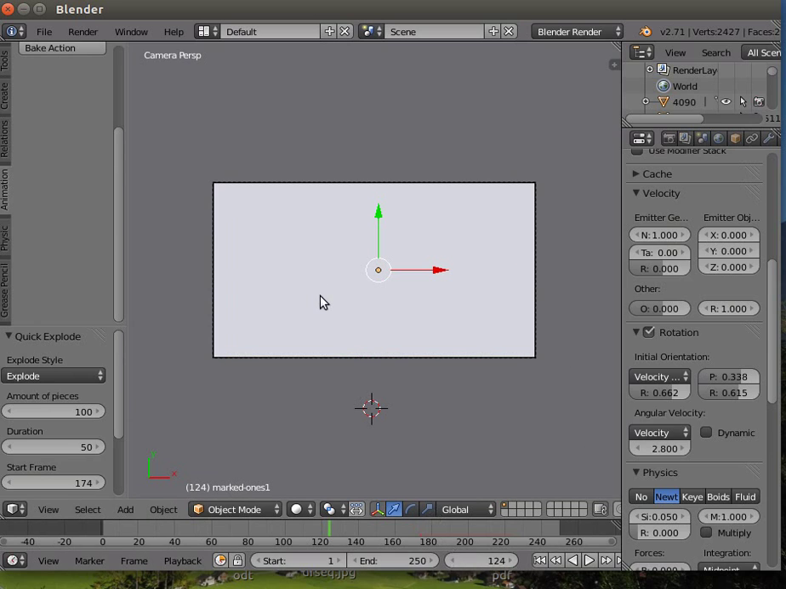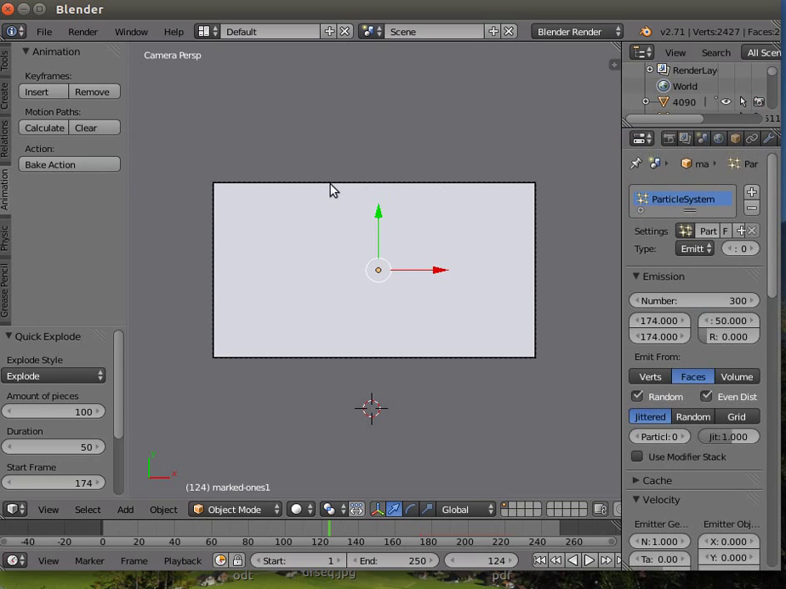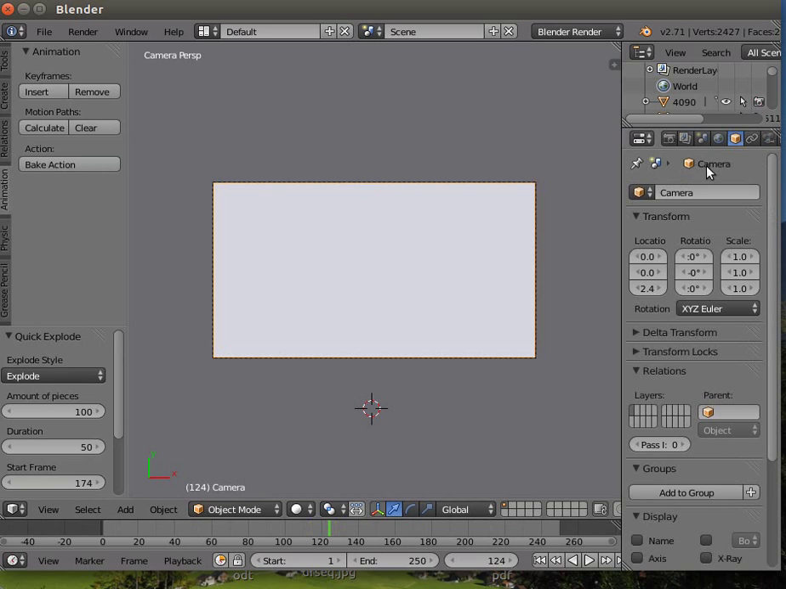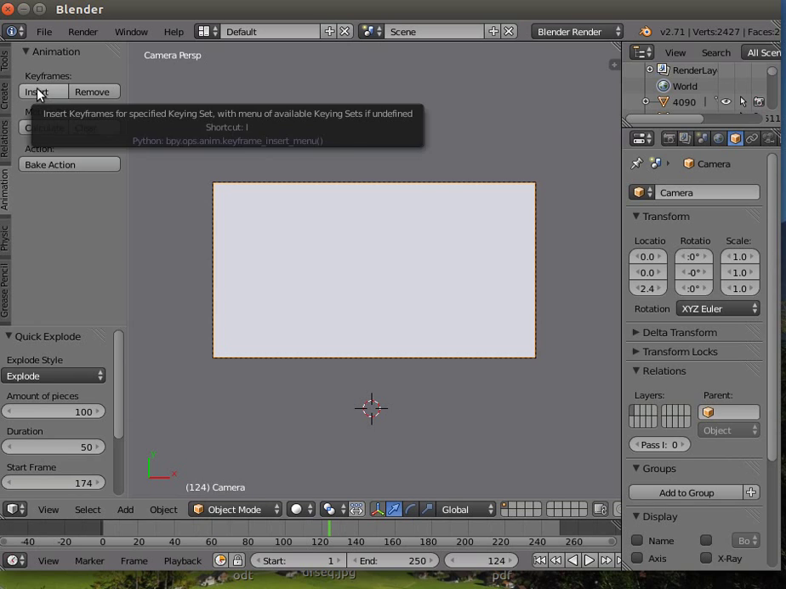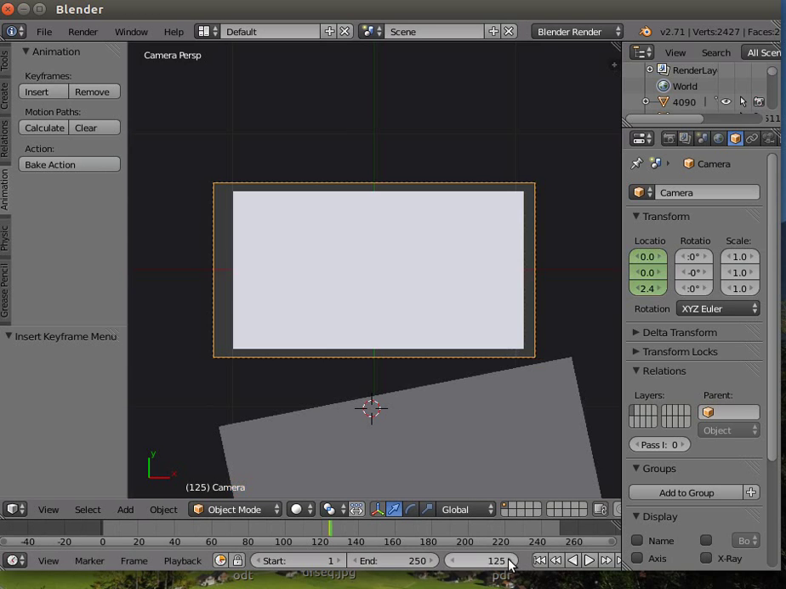Right, so 124, our camera position is okay. So we need to add in a keyframe there, making sure that the camera is in fact what is selected. Okay, camera, and we want to insert a location keyframe, and then 125,